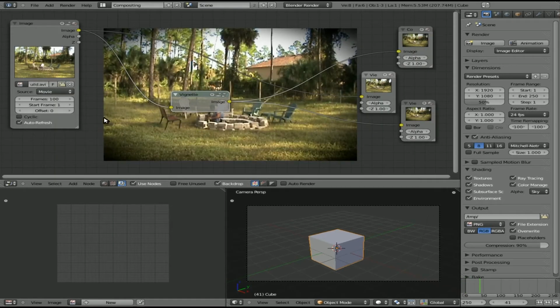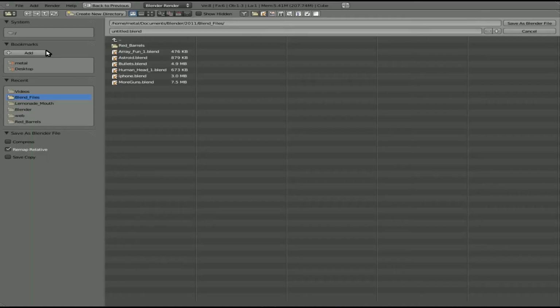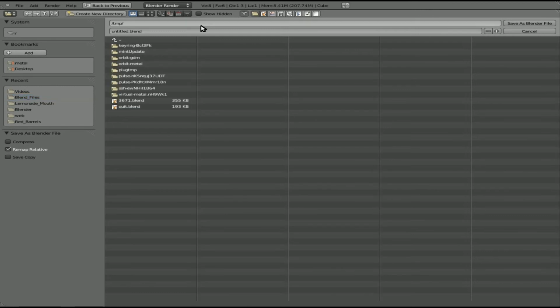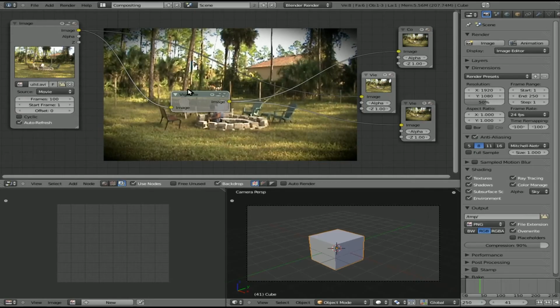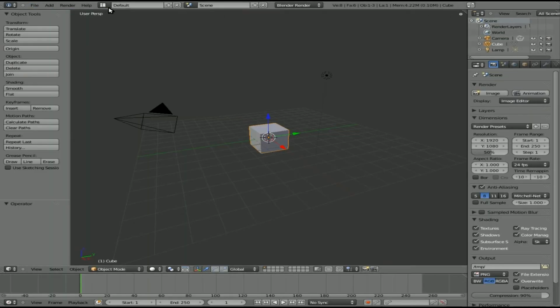But let's close that out, and I'm going to hit File and save this Blender scene. For now, I'm just going to save it in my temp folder, but you'll want to save it someplace where it will be there all the time. And I'm just going to call this blend file Vignette. Save blend file as. Okay, so now, if I do File, New and create a new Blender scene,